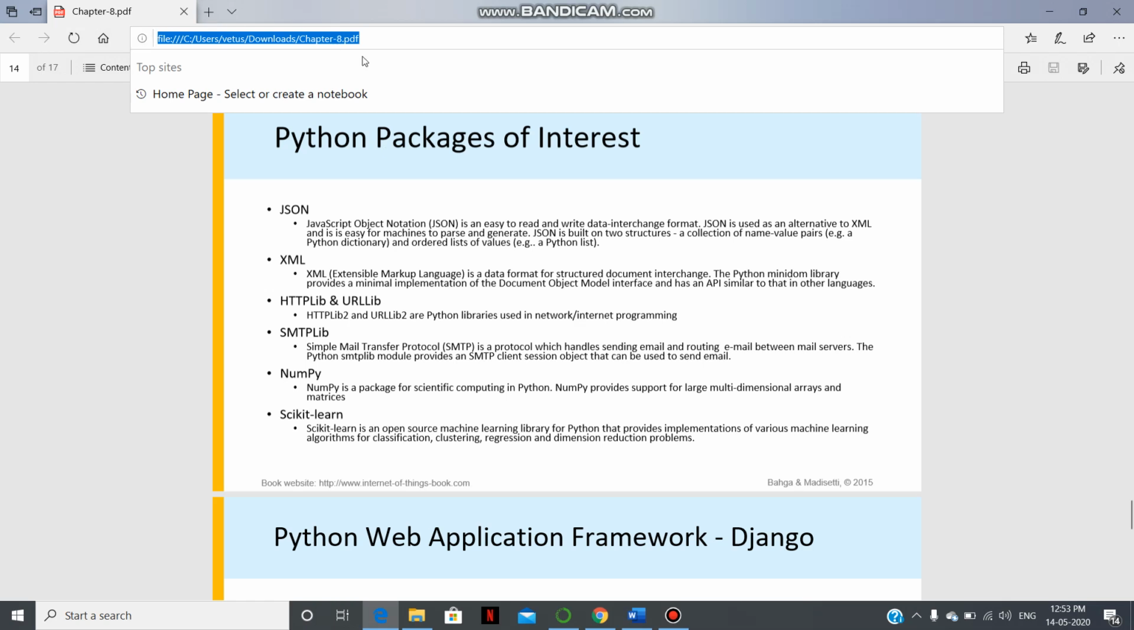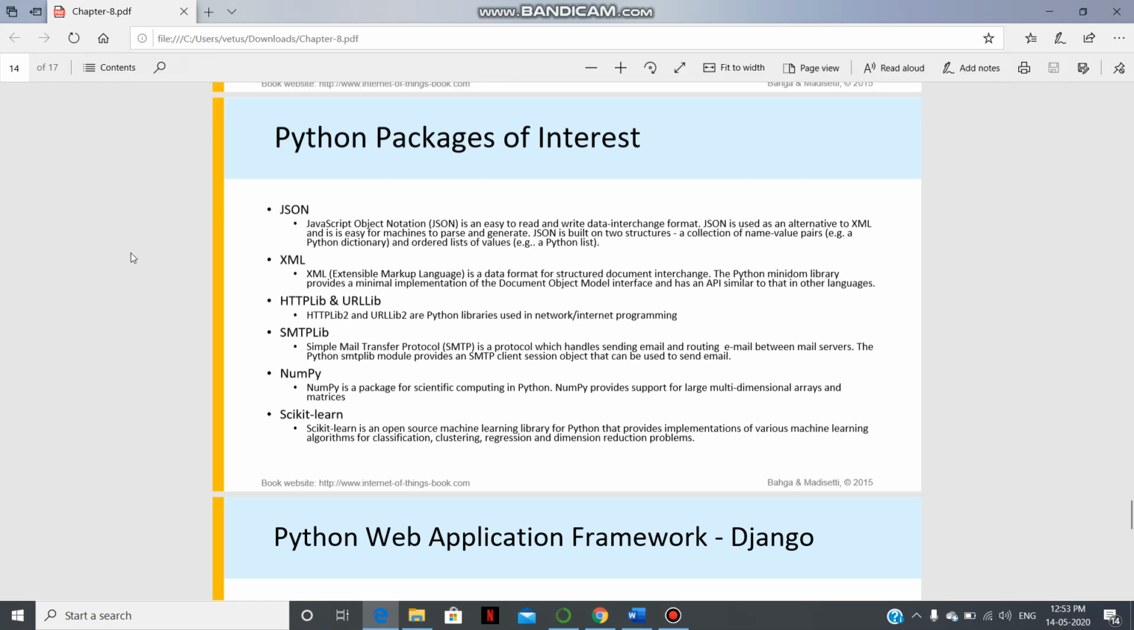So in this URL, you can see there are multiple subparts. File is a part, C is a part, user is a part, the name is a part, downloads is a part, and chapter 8 is a part, right? So dividing this particular URL into multiple subparts and then working on it is called parsing. Okay, and the next one you have is